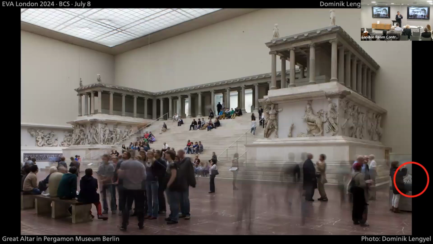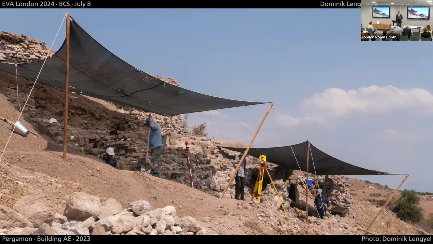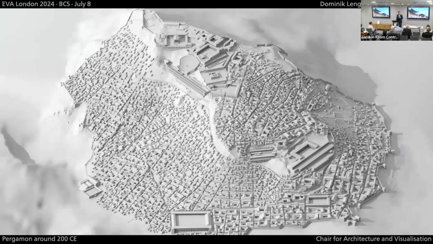So on the right hand, I didn't know that it was going to be part of a talk this year, because this photography is more than 10 years old. So this is the mountain of the city, showing the old state, and there on the left, which you can't really see, is the model of the altar itself, and both are going to be reconstructed. And the trouble the museum sees is how to do this, especially because digging is still underway. So this is an ongoing excavation from last year, and when this building is registered, we will have to integrate it into our overall town model, which you all probably know.